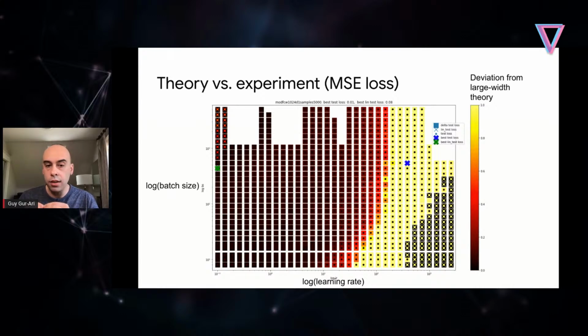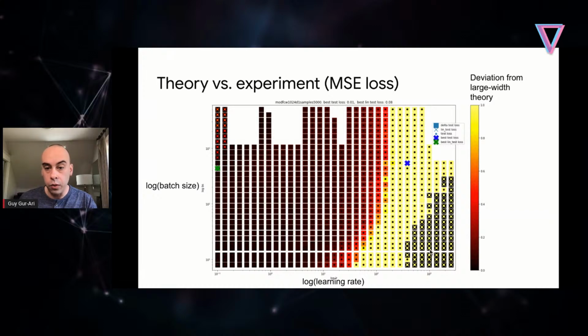And so basically what this is saying is that if there is good agreement between the network that we train in practice and the linear model, if there is good agreement between the experiment and theory, then the color here will be dark. So dark color means there's good agreement with the theory. Bright color means there's bad agreement. So the linear model that we train and the full network that we train make completely different predictions. Okay, so we see this region here on the left, which is dark, where the predictions from the neural tangent kernel theory work well, and we see the bright yellow region where the predictions are not good at all.